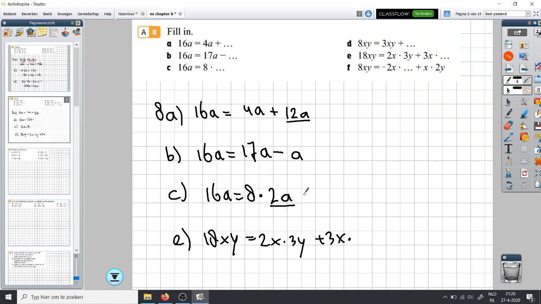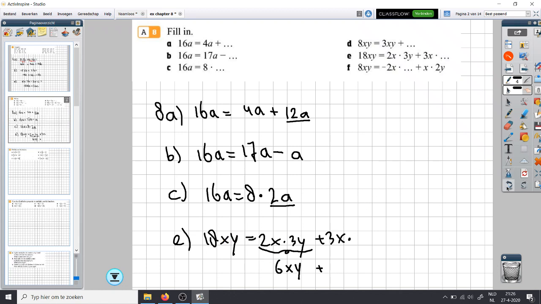I want to take a look at E. 18xy is 2x times 3y plus 3x times something. Well, in this case, what I first will do is calculate what this exactly is. 2x times 3y is 6xy. So the question is, what should I add to 6xy to get